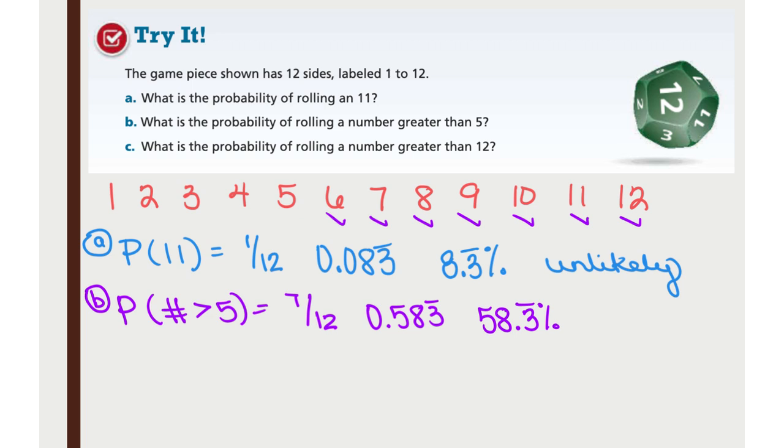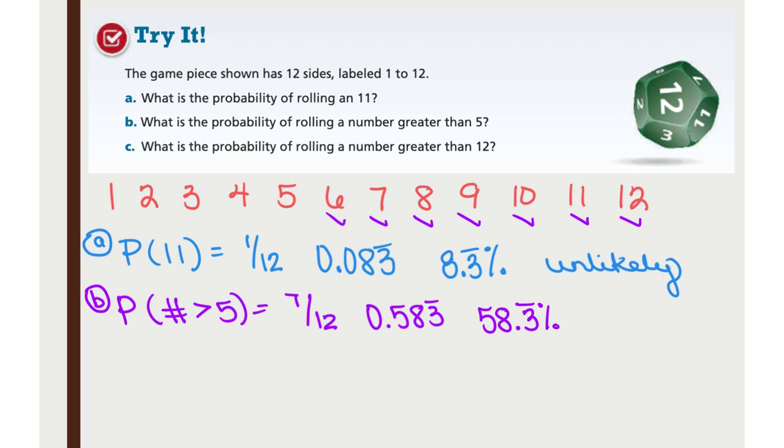Where are you getting the fractions? Like, where does 7/12 come from? Okay, do you notice the 7 check marks I have on the screen? It's identifying the 7 numbers that are greater than 5 in my list. So those are the 7 things I want. The 12 is all the possible outcomes that could happen. Okay, and then you got the 0.58 repeating from 7 divided by 12. Correct. And then the percentage, you can just take your decimal and times it by 100.